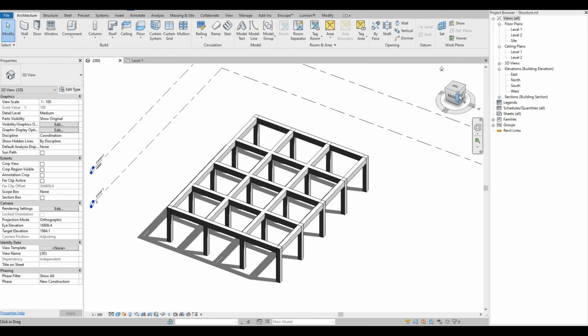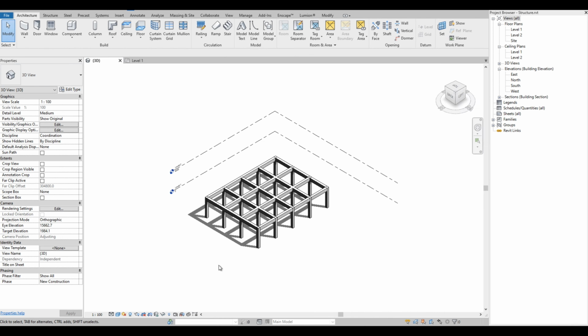For our Revit tutorial today, we are going to show how to add these structural columns and structural framings on